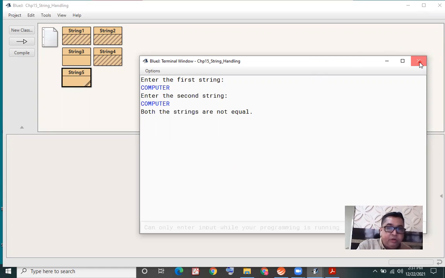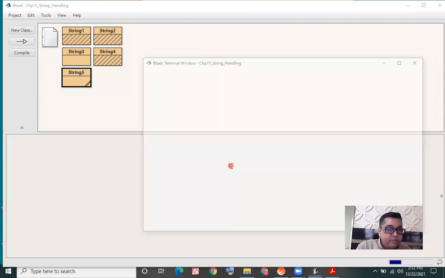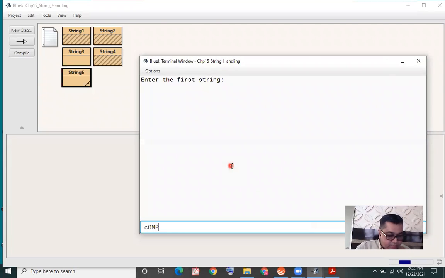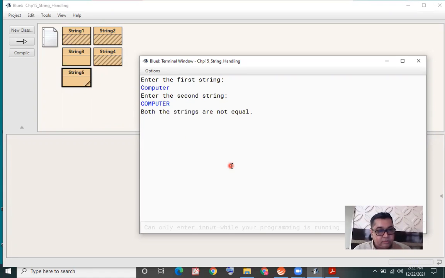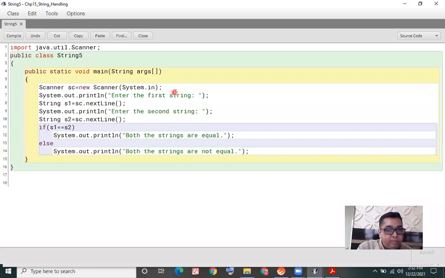Once again, I'll execute the program. This time I'll actually give separate strings. Enter the first string, computer. Enter the second string, computer in capital letters. Both strings are not equal. In this last execution, we are satisfied they were not the same.